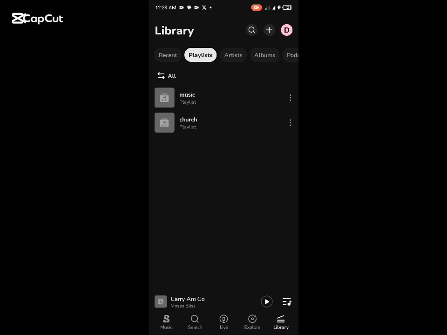How to get a Boomplay editorial playlist, like a created submission guide. So now after releasing your music, you are going to send a pitch to Boomplay via their official contact page. So when you make the pitch and send it to them, you can also include a press release, social post,